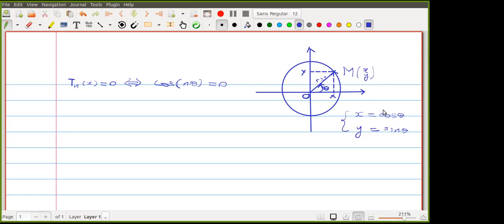Okay, now, if I'm solving for the cosine of an angle to be 0, if I want the angle, cosine of an angle to be 0, this is the cosine axis, the x-axis that you can see here. The x-axis corresponds to cosine. So this is the cosine axis, and this is the sine axis. So meaning that for cosine to be 0,